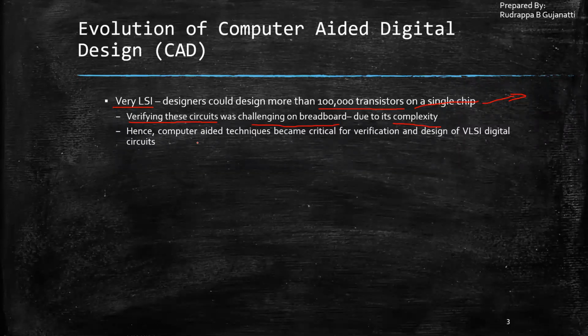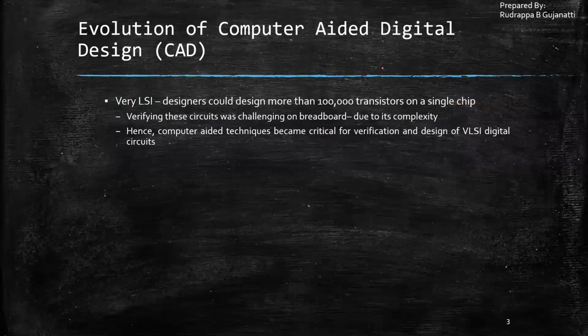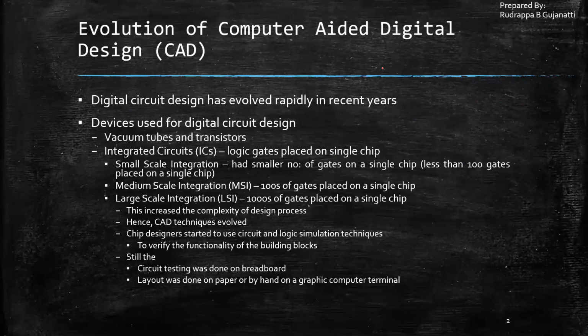This is where CAD tools became very critical, not only from the point of view of implementing, say, using RTL code and getting the design, but apart from that, verification as well. So you can see what all changes were done. Previously, your digital circuit design was done by hand, and